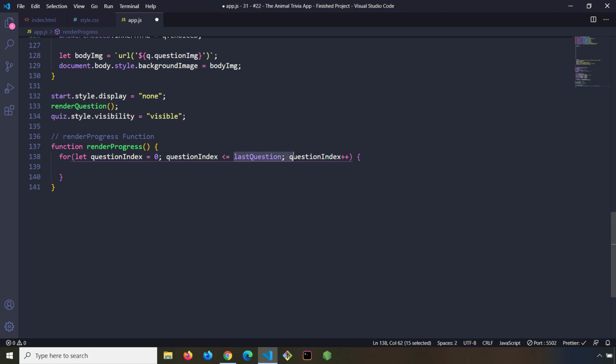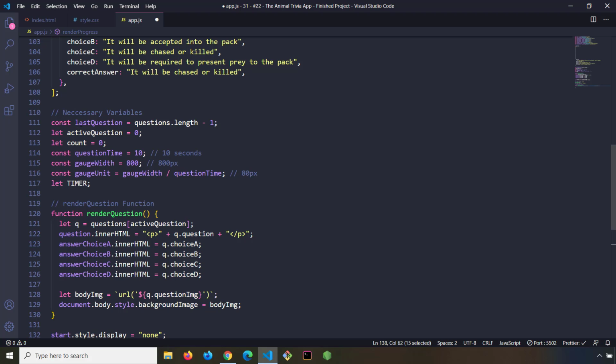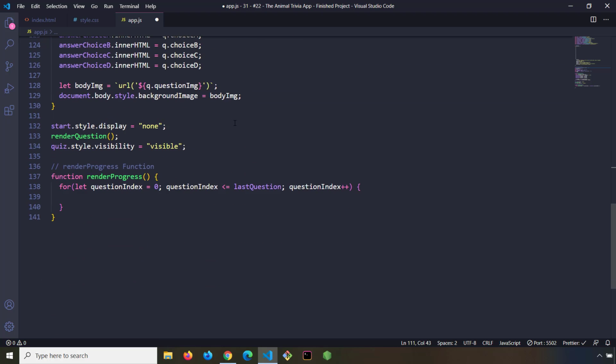But what is this last question? So let's take a look at it. This is the last question. The last question is going to be the questions length minus 1. So the last question is going to give us the index of the last item inside the array, which is 9. All right, so it is going to go all the way to be equal to 9, and it is going to create those many because it starts from 0. So it's 0, 1, 2, 3, all the way to 9. We are going to get 10